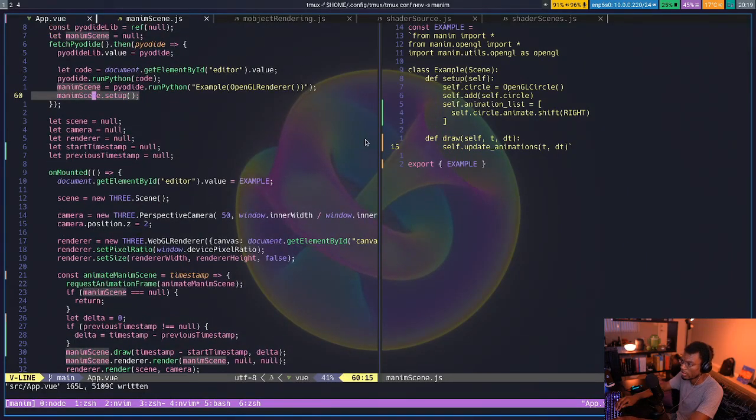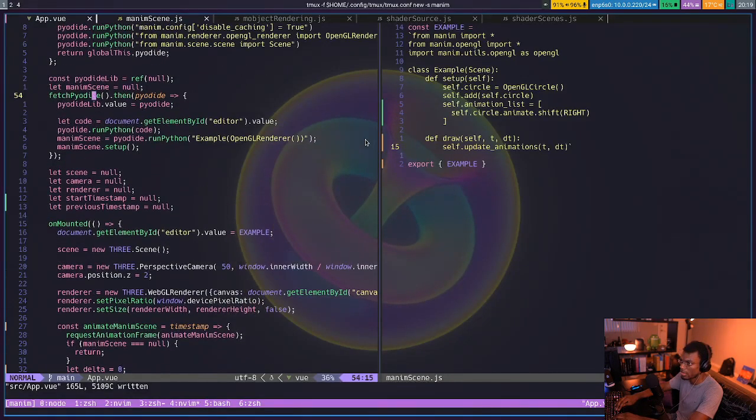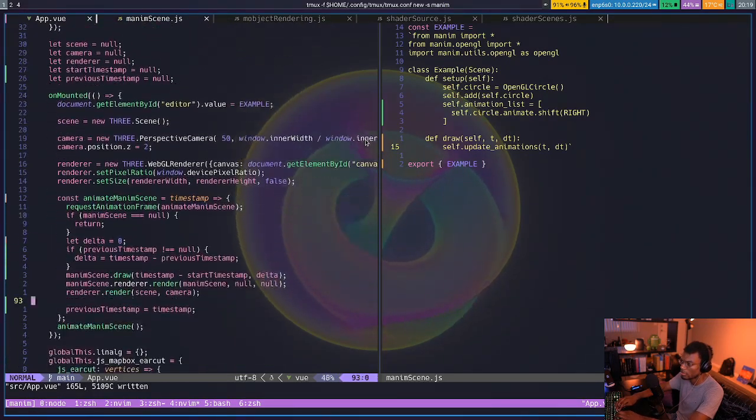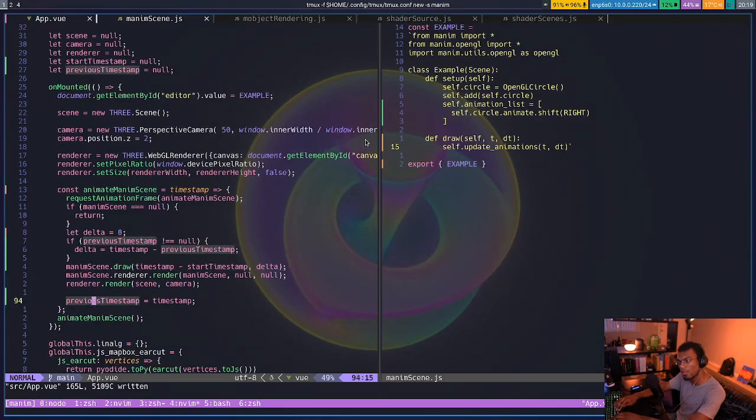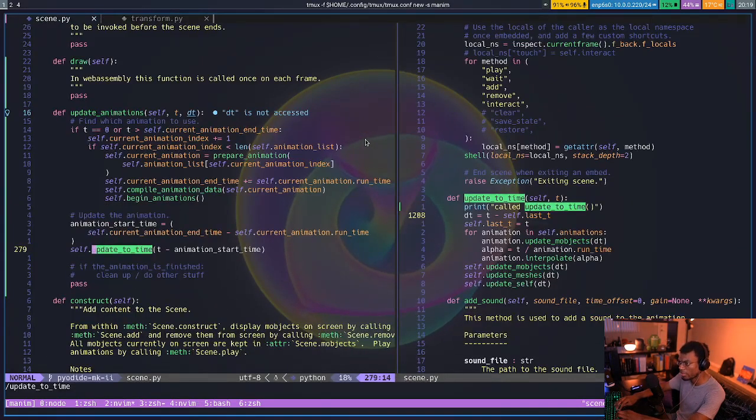So does Manim scene.setup, Pyodide, code run Python. Yeah, that's weird. For now, I guess I should set it up so that when I render,